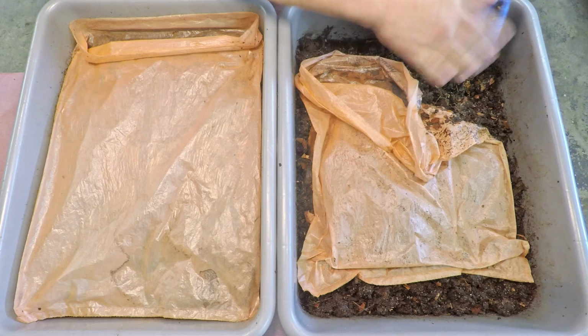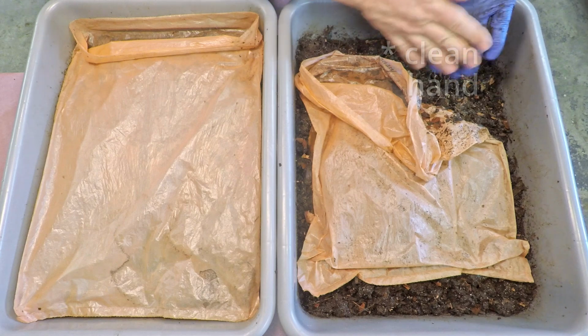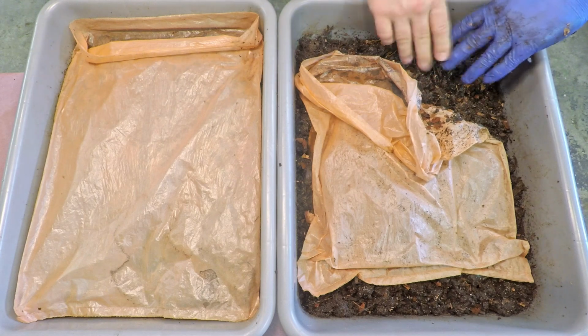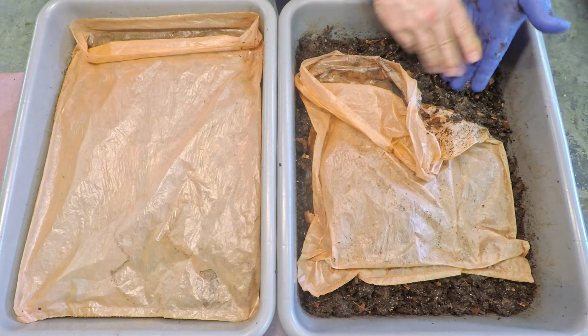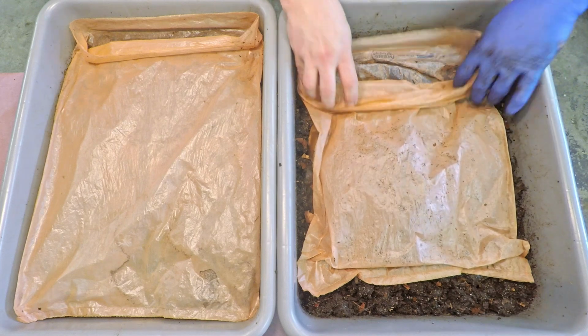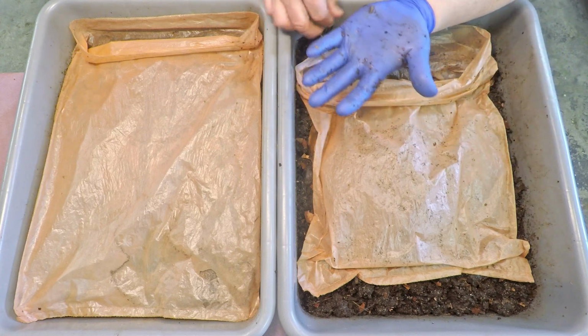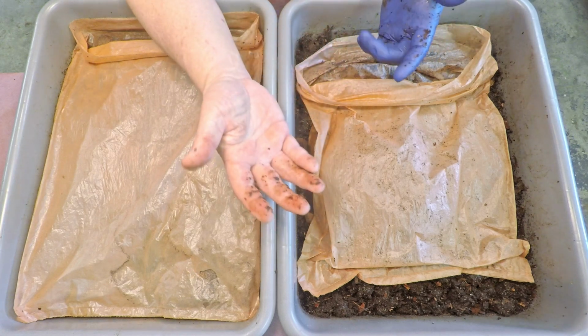So here at the end, I'm going to allow my soiled hand to get a little bit dirty just so I can return some of this material down into the system, but I'm going to reserve leaving a part of my pinky finger clean just so I can turn off the camera before heading off to the sink without making things filthy. So, besides a few things needing to get cleaned up and put away,